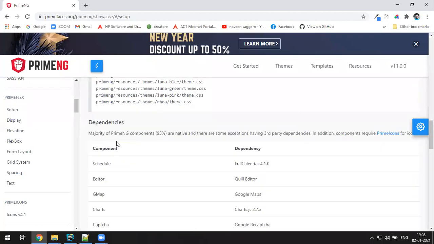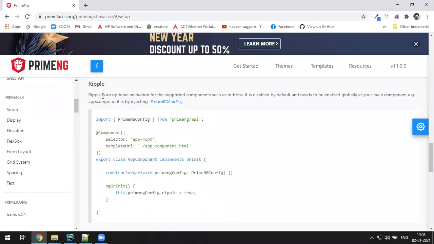And next, Ripple, an animation library they give for components such as buttons. Animation means, when you click on the button, some glowing around the button.